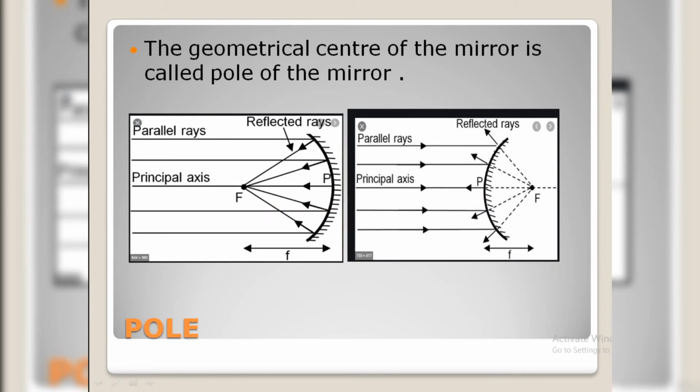What is the pole? Already I told you, I had given information about it. It is a geometrical center. Pole is nothing but the geometrical center of the mirror, it is called the pole of the mirror. Next we are going to discuss